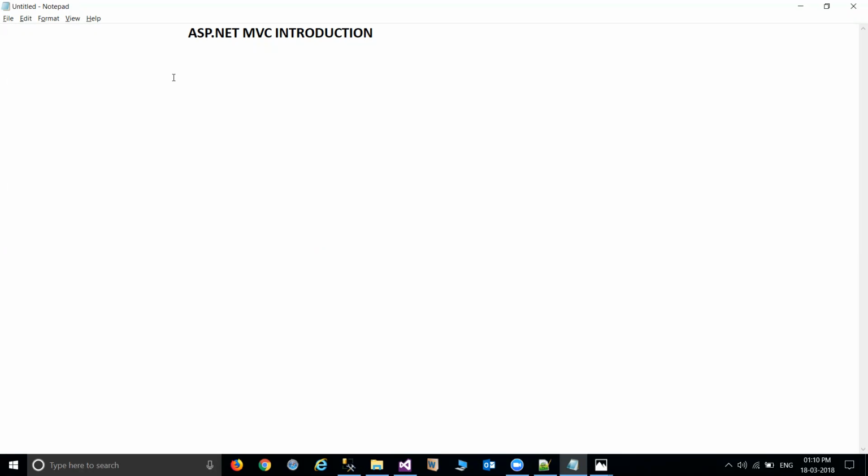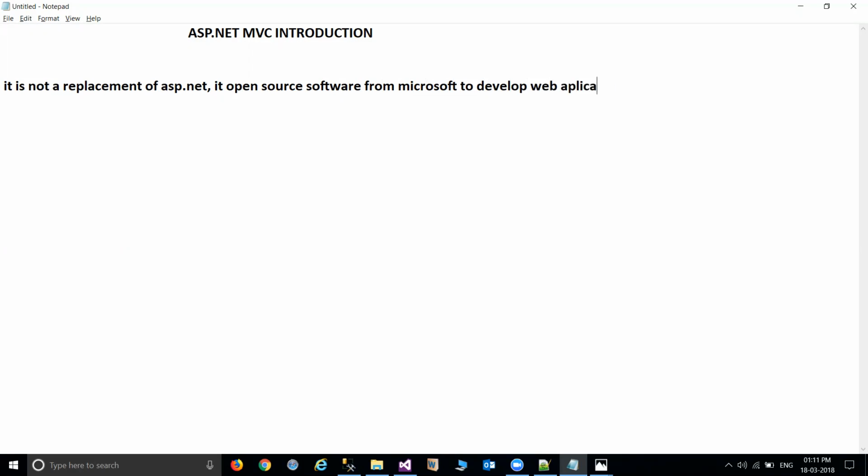So it is not a replacement of ASP.NET. First, I just wanted to tell you the first point: it's not a replacement of ASP.NET. It is an open source software from Microsoft to develop web applications.